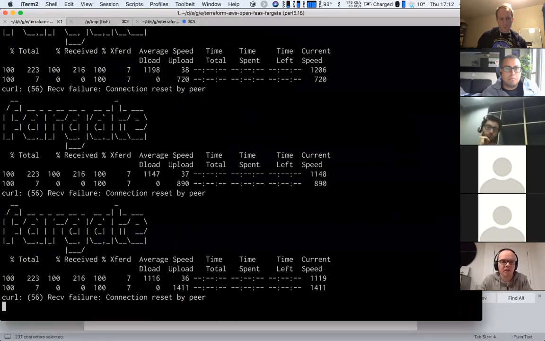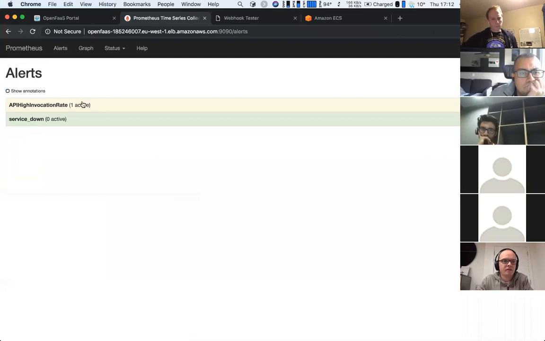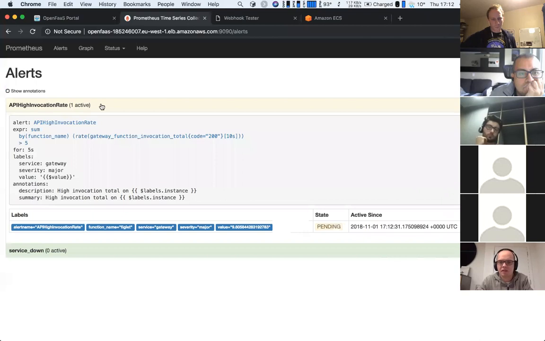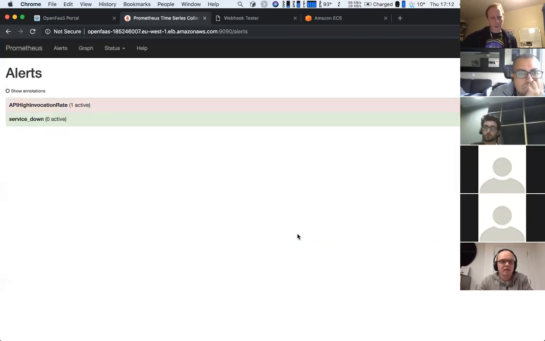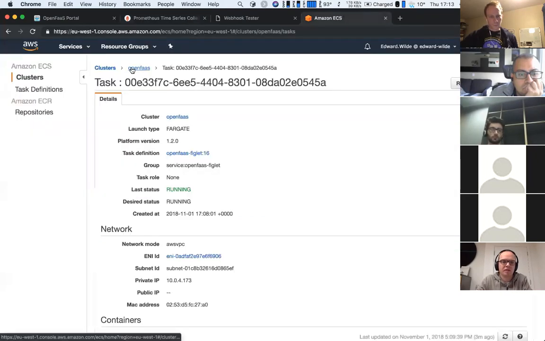Oh, great. Okay, so we're getting some load now. So you can see here, I'm not a Prometheus expert, but it's obviously recognized that the value's gone above the threshold and is about to fire the alert. I think that's the pending state, if I understand correctly. It's now going to count up for 10 seconds. I think it needs to hold it for 10 seconds at that rate for more than 5 seconds in the expression. So now it would have gone off to the gateway. The alert manager would have triggered the gateway. And so if we go back into ECS now, we should see that it's scaled up that function.